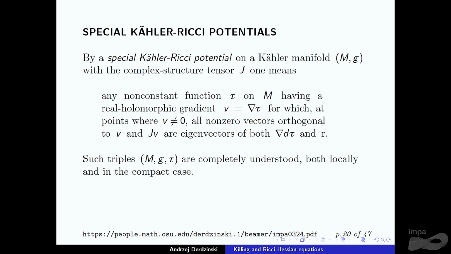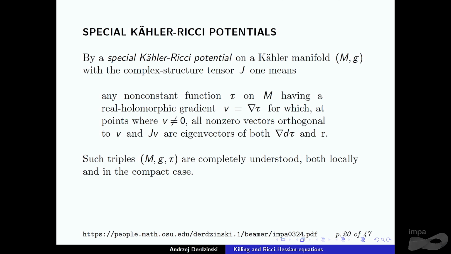Let me briefly mention the definition. It's a non-constant function on your Kähler manifold which has a real holomorphic gradient, which at points where the gradient is non-zero, the vectors orthogonal to it in the complex sense, orthogonal to this gradient and its J image, are eigenvectors of both the Hessian of tau and the Ricci tensor. These objects have a heavy and strange definition,